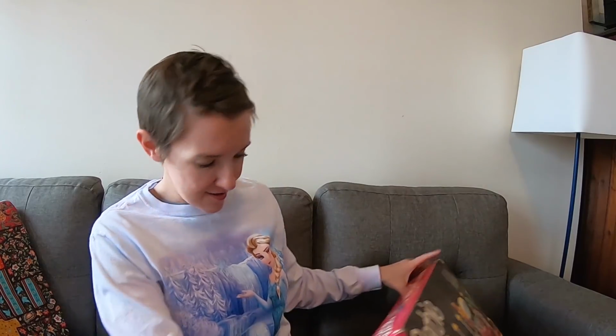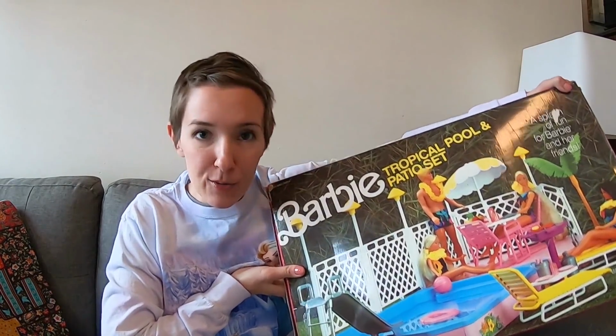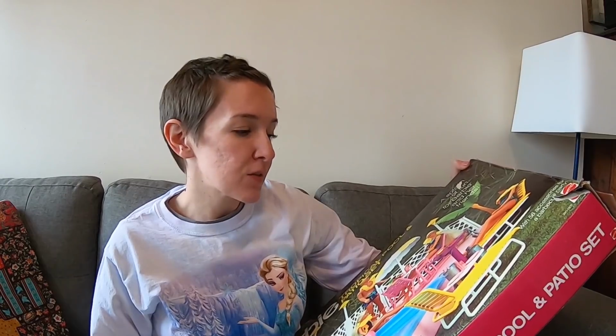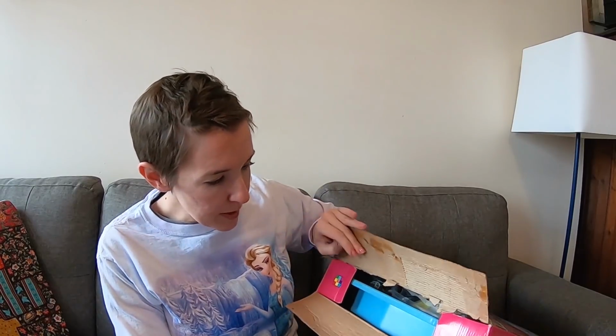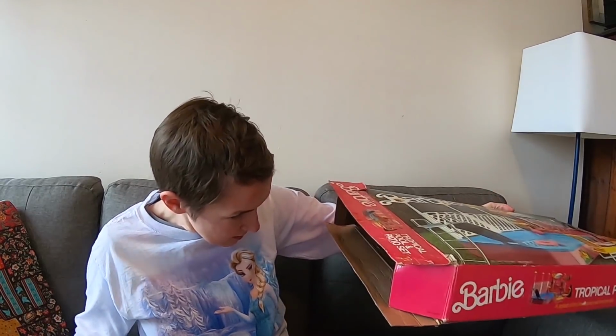And then, which I was really excited about, we have, which side? I guess we'll show it on this side. The Barbie tropical pool and patio set. I believe I had this when I was little. This was $1 as well. Now, if this was complete and the box was in great shape, this would go for anywhere between like $50 to $75 on eBay, if we're talking monies. What is interesting is that people actually part these out. They part out the, oh wow. I didn't even look in the box. But this is nice. Everything is,